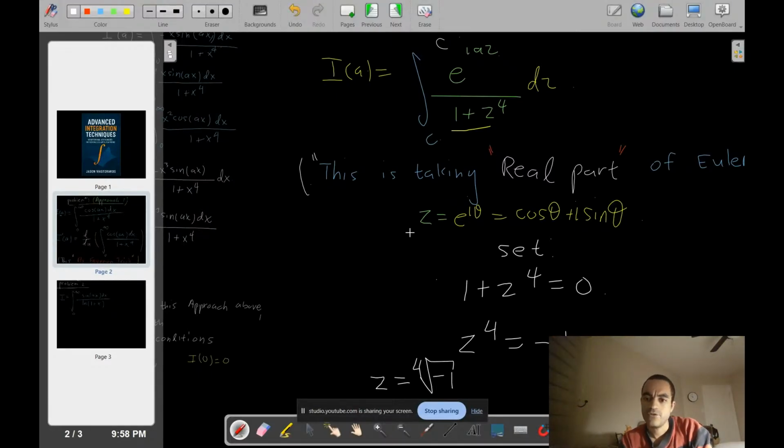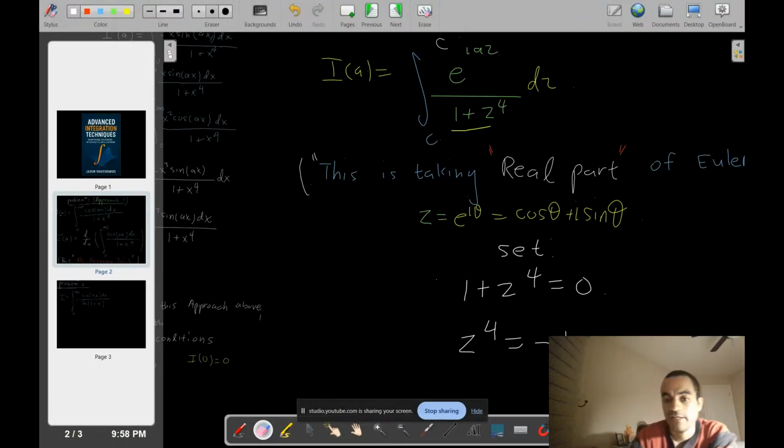So what ends up happening here? You should be having something of the form z to the 4. First off, just want to notice something here. We have z to the 4 equals -1. Just one second, guys, someone came asking me a question. So z to the 4 is -1. I want you to think about how we're going to deal with an equation like that. How do we solve that?